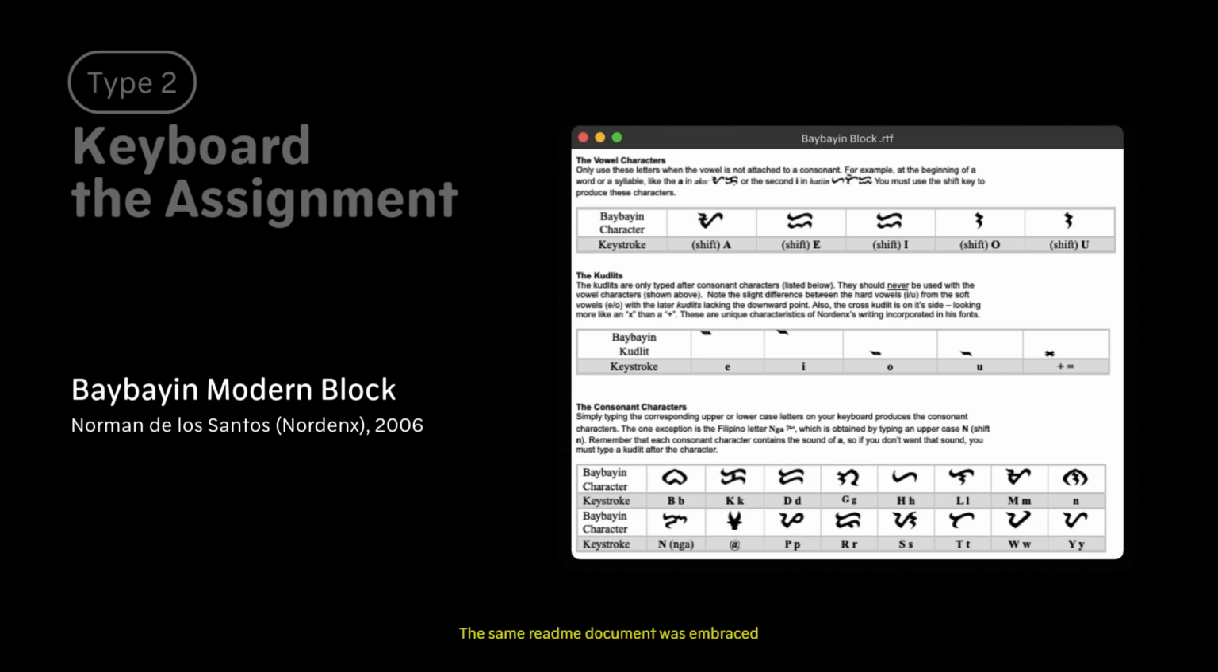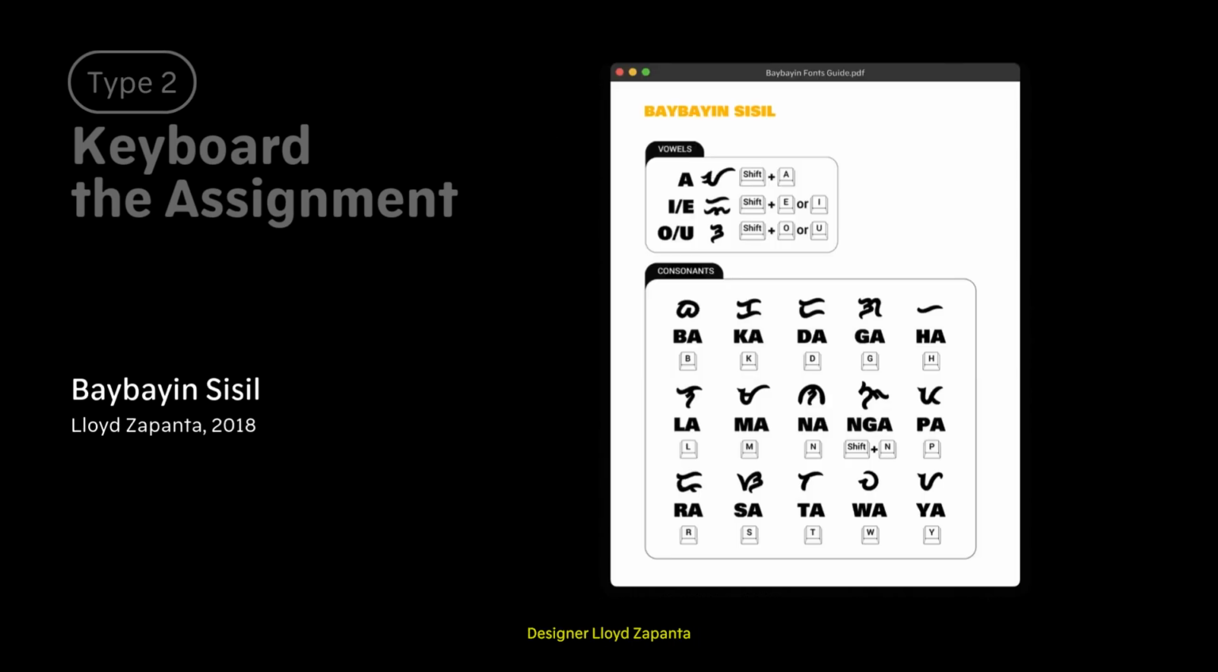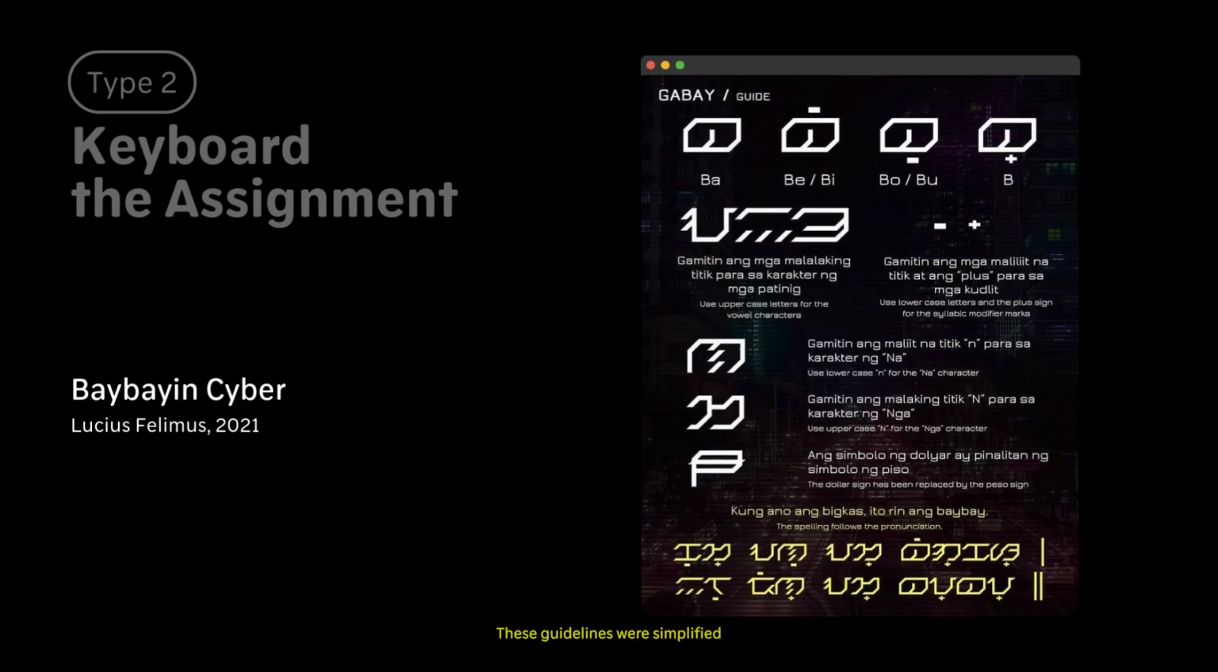The same README document was embraced by succeeding font makers like Norman de los Santos or Northern X, who has also published a lot of Baybayin fonts early on. Designer Lloyd Zapanta adds a graphic design twist to the document by compiling a Baybayin Fonts Guide PDF for their own fonts. These guidelines were simplified by Lucius Filimos into an Instagram post for the release of their cyberpunk-style font